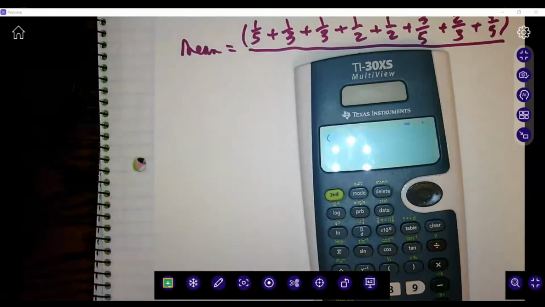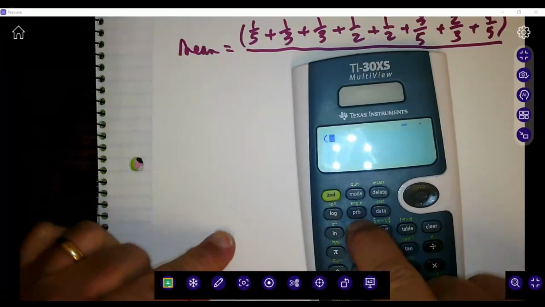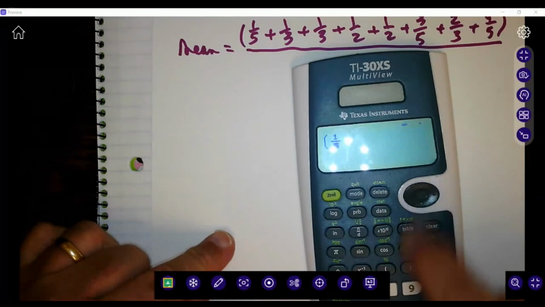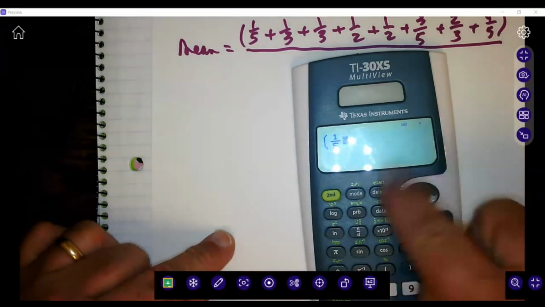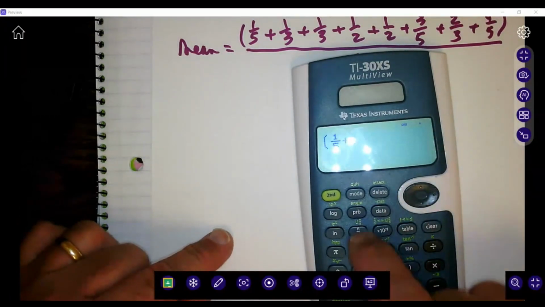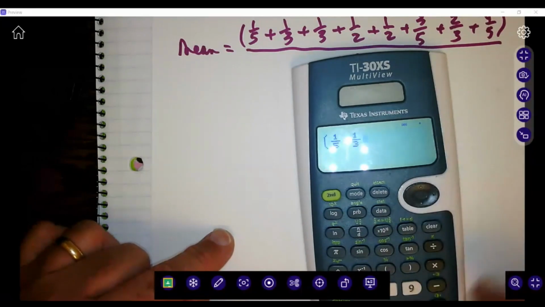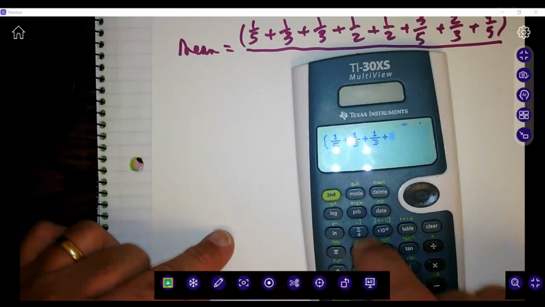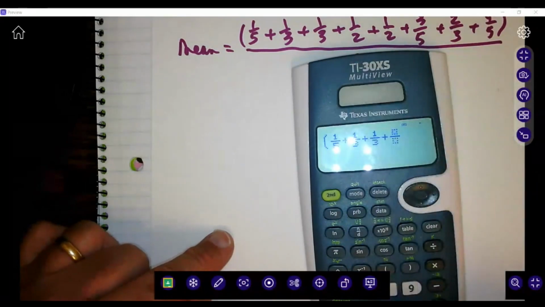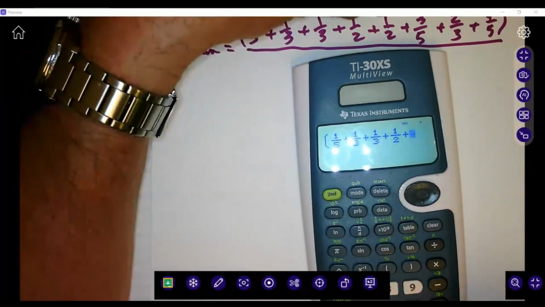So I have parentheses, and now I'm going to hit fraction 1/5 using my cursor plus fraction 1/3 plus fraction 1, go down, third, go out, plus fraction 1, down, 2, out, plus another 1/2,